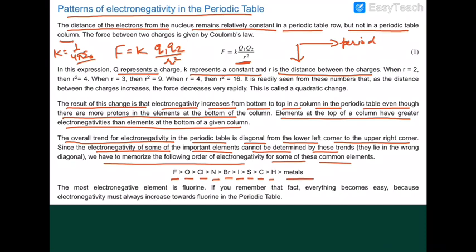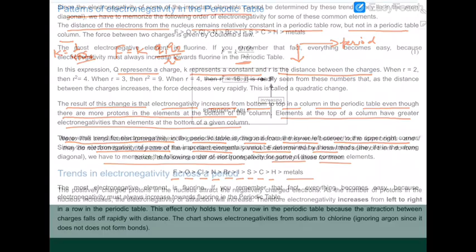Fluorine has been assigned an arbitrary value of 4. Okay, there are 3 different scales. They are called the Pauling scale, Allred-Rochow scale, and Mulliken scale. Among them, the Pauling scale is the most important one because it depends upon actual experimental values, that is, thermodynamic values. So thermodynamics plays a very important role. That's why the Pauling scale has been accepted.